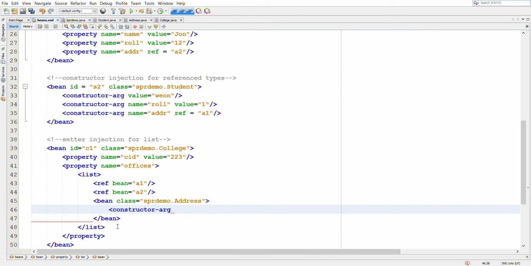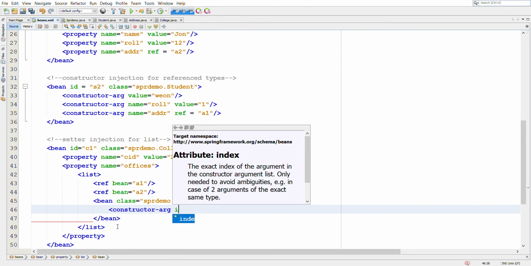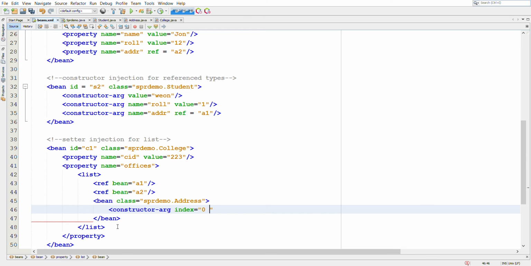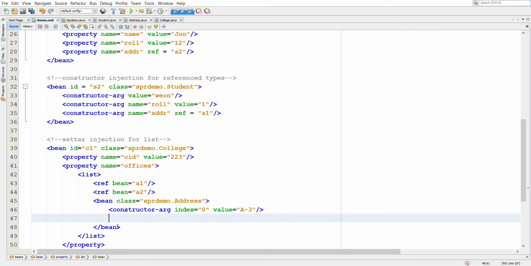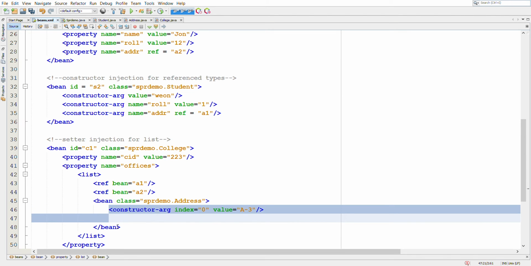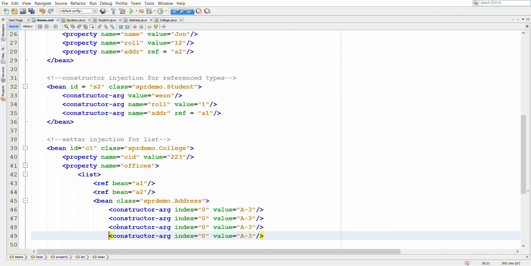So let's say we use name, or we can use index as well. Let's say index 0, value is A3. In the same way, we can use constructor arg for all the constructor arguments.